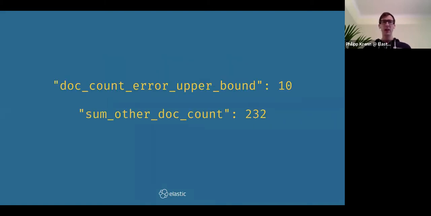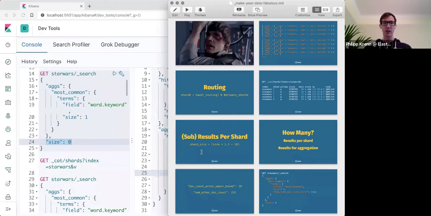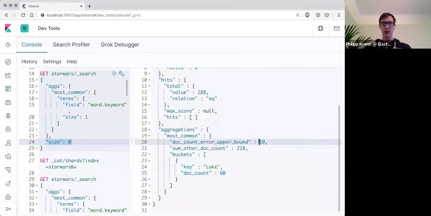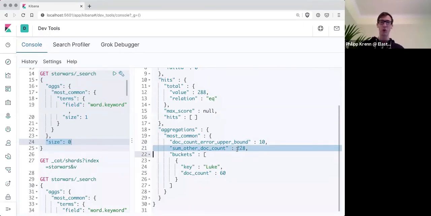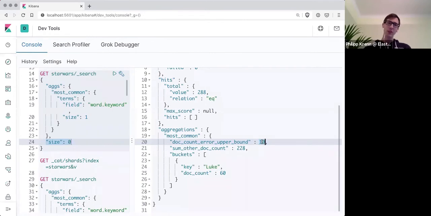But as you can see, there is a doc count error upper bound and other documents. So this is already in the query here. Here you can see the upper bound is 10, and other documents. The other documents are basically all the non-Luke documents. How could you calculate the error bound? The error bound is basically how many occurrences you have in the 11th document. And then there could be something behind the 11th document, some occurrences that you're basically cutting off. And if you add up the cutoff points of all the shards, you will get to that sum, which is the potentially missing counts that you have in here.